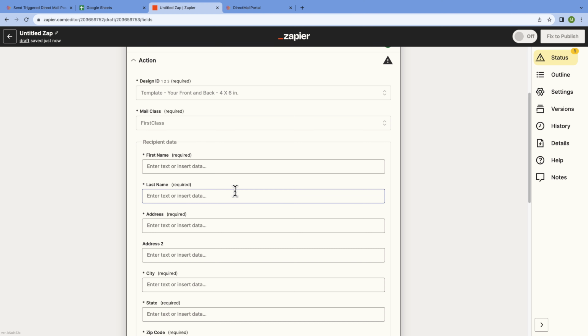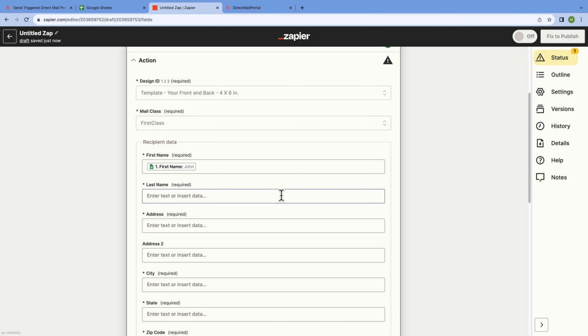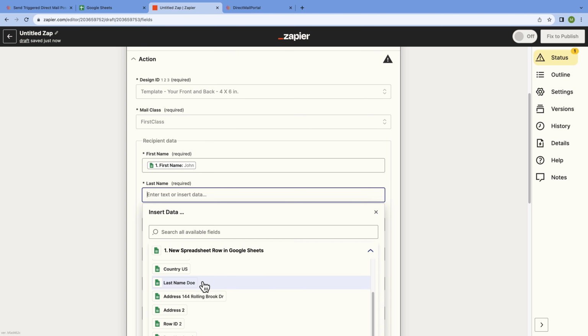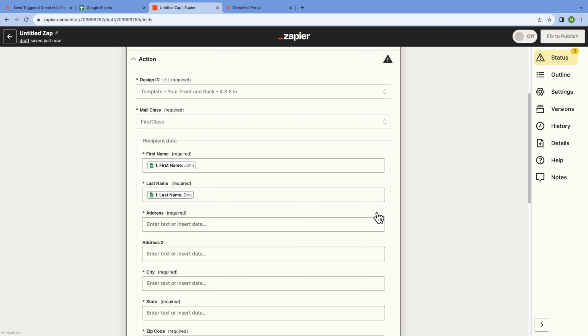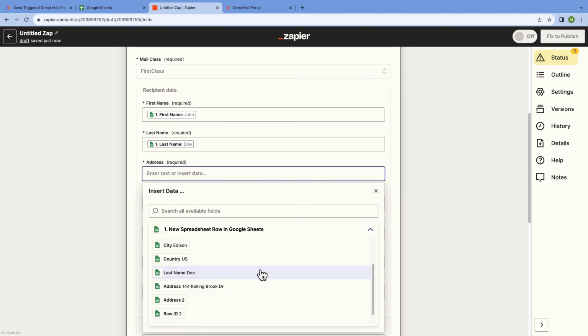Next is first name, and so this is where we're actually going to be plugging in data from your Google Sheet. So as you'll see, here's the list of variables from my row in Google Sheets, and I'm going to click the first name header, John. From there, we'll exit out, and you can see now that we'll just assign each value to its corresponding value in the Google Sheet. So last name, address